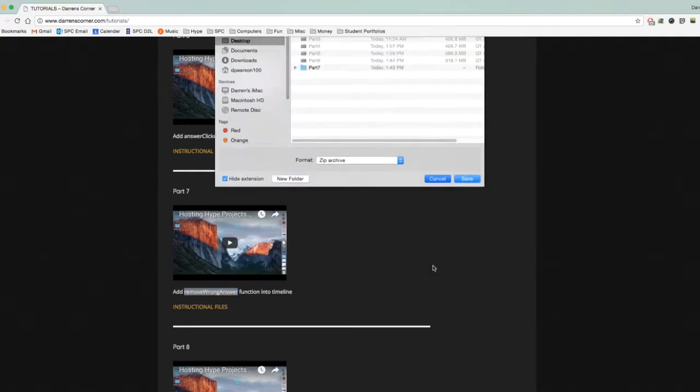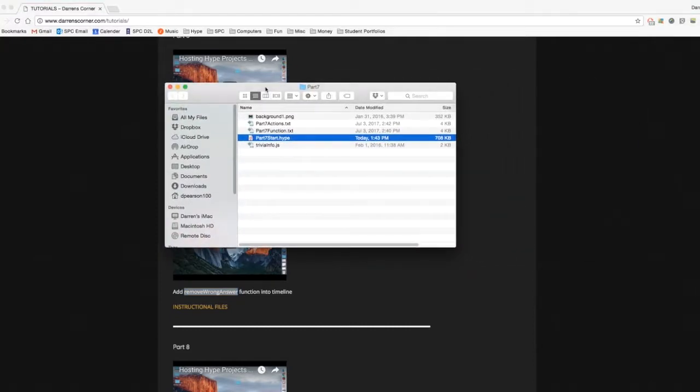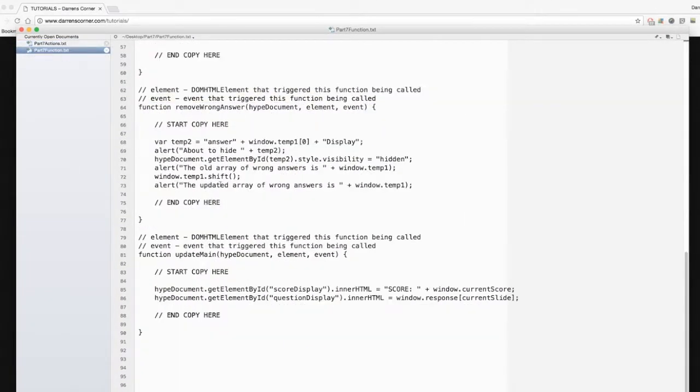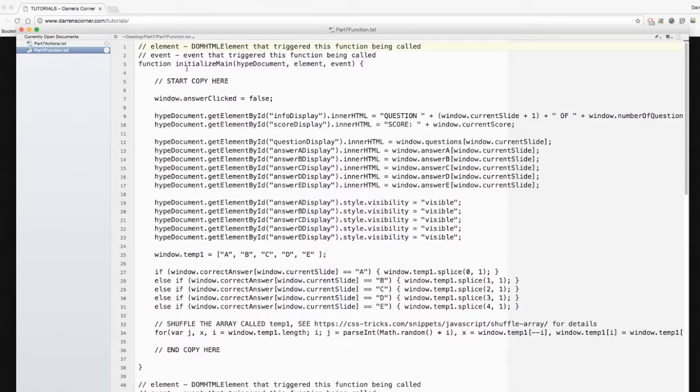We can download that, expand it, and once it's on the desktop, we can see we have the background image, the trivia file, the part7 start, and then 2 text files, part7 actions and part7 function. If we take a look at those, pull it up over here, we can see part7 function shows the bits of code that we're going to copy